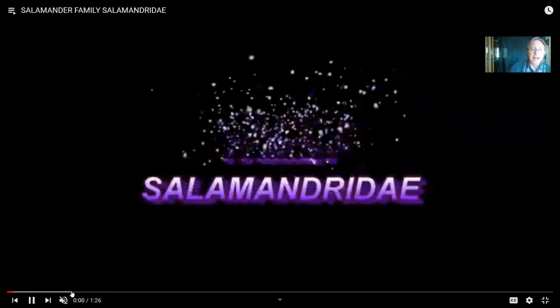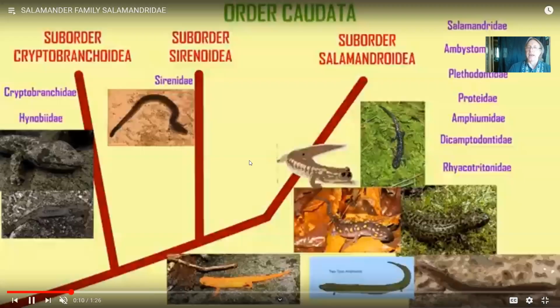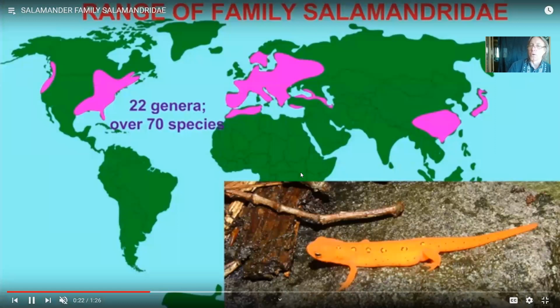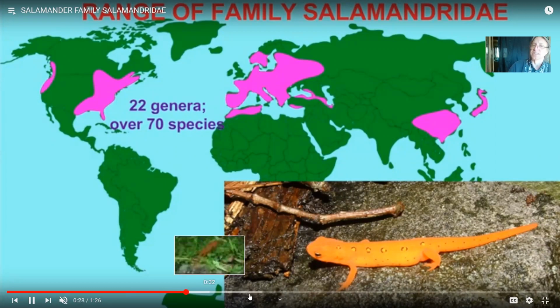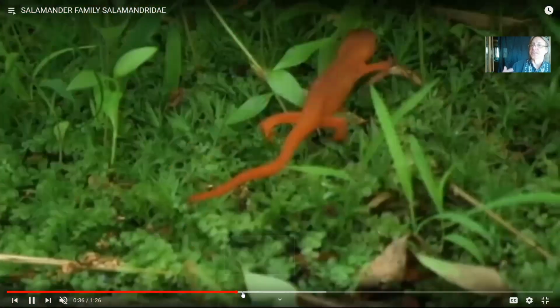The family Salamandridae is a second, which in our area only includes one species. It's more diverse elsewhere in the world, like in Eurasia. And in our area, it forms the common newt. Common newts begin their life as aquatic larvae, because the eggs are laid in water. Here you see the adults laying eggs in water, but then they form this red eft stage where they form a terrestrial juvenile. The reason that they're so brightly colored is because their skin is poisonous, and this serves as a warning for predators, allowing the predators to avoid ingesting this poison,